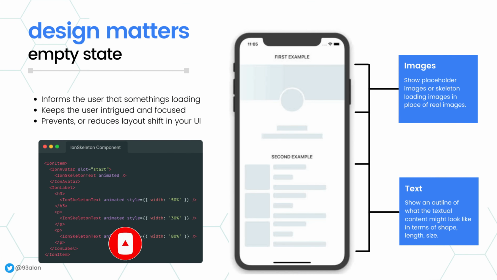So empty state is a massive problem in web development, both in mobile applications and in websites. You've probably seen it before where you load up an app or a website and you're presented with a blank screen. 2 or 3 seconds later, the content all loads in and it's being shifted around the screen like crazy, and it's quite frustrating. Something like a loader or skeleton text, which is the topic of this video, informs the user that something is